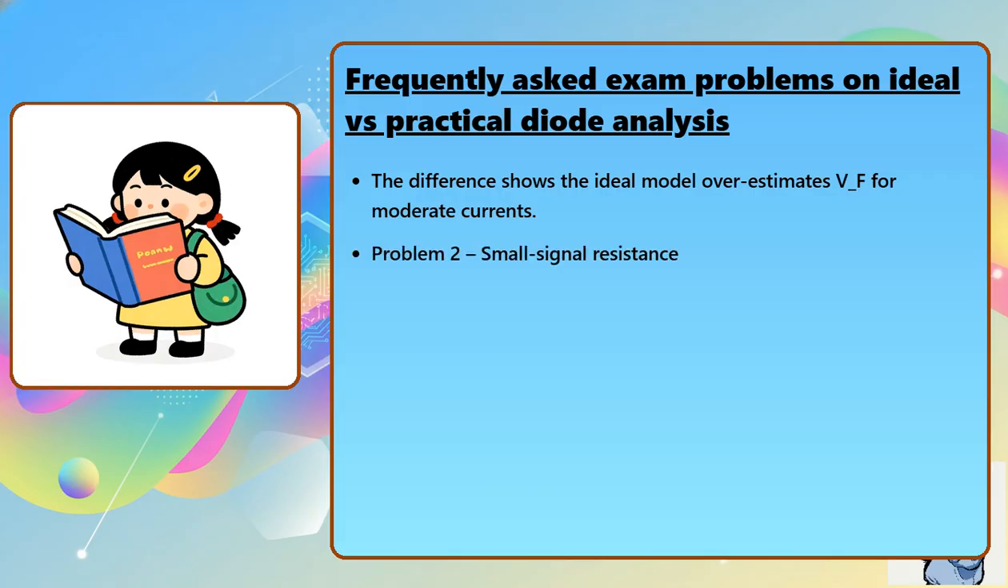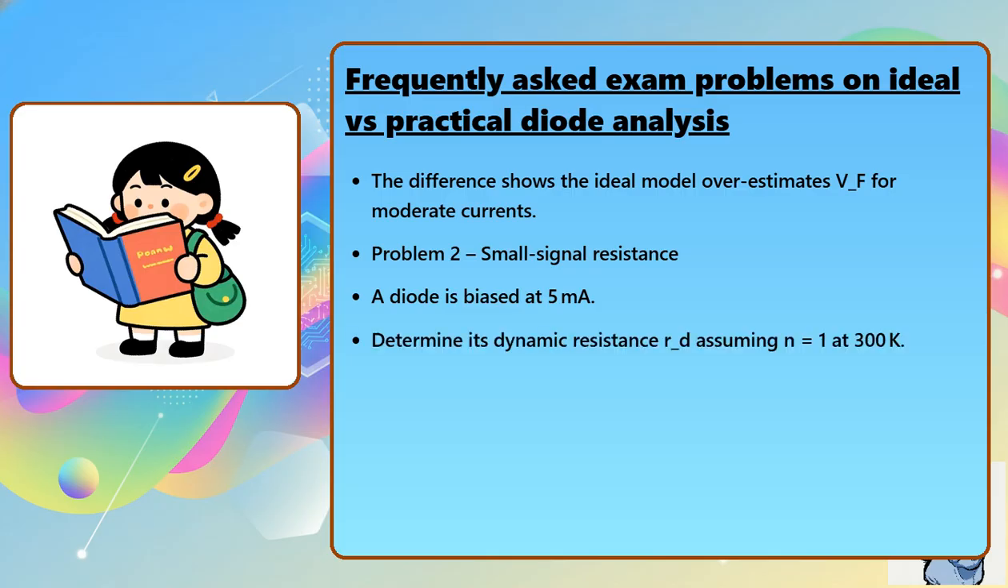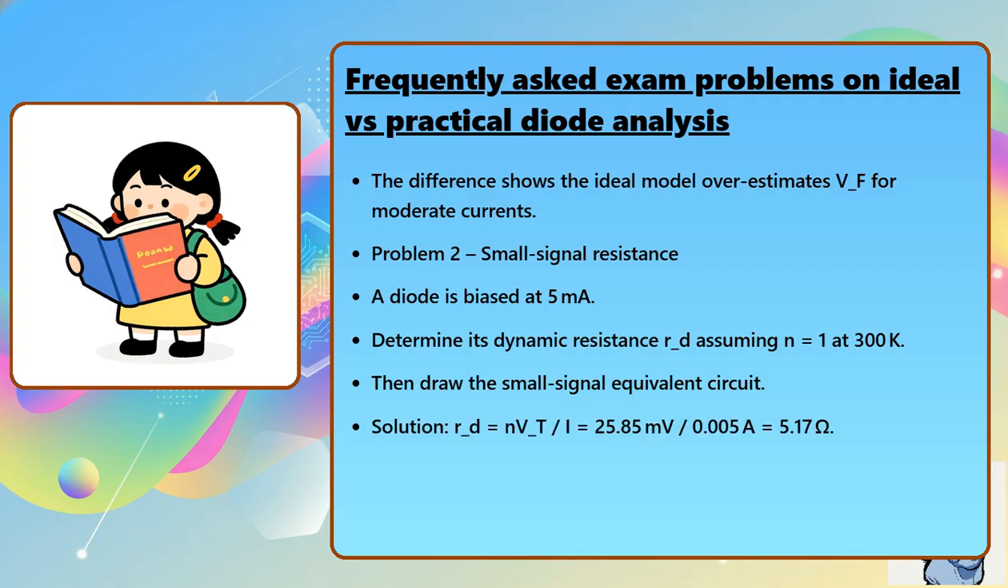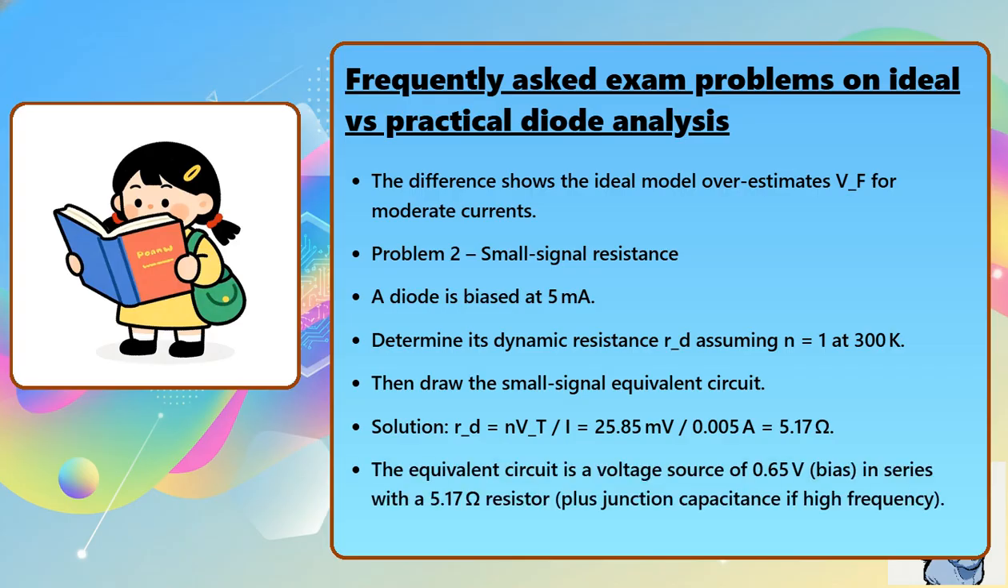Problem 2. Small signal resistance. A diode is biased at 5 milliamperes. Determine its dynamic resistance R sub D, assuming N equals 1 at 300 Kelvin. Then draw the small signal equivalent circuit. Solution: R sub D equals N V sub T divided by I, equals 25.85 millivolts divided by 0.005 amperes, equals 5.17 ohms. The equivalent circuit is a voltage source of 0.65 volts bias in series with a 5.17 ohm resistor, plus junction